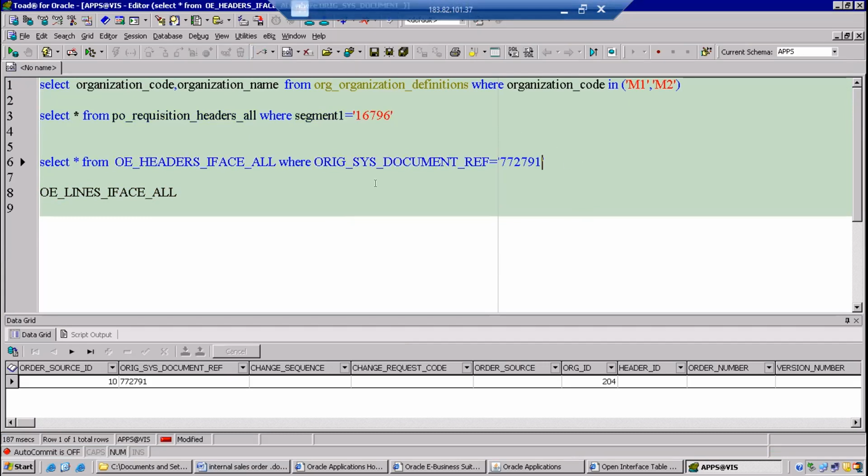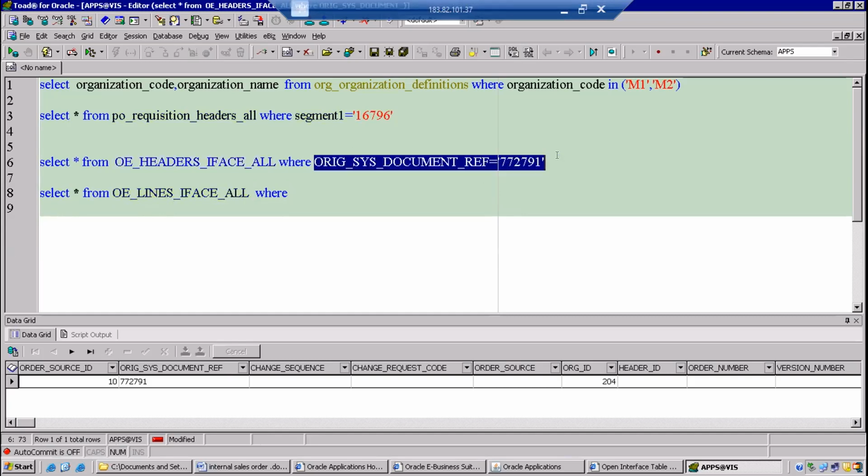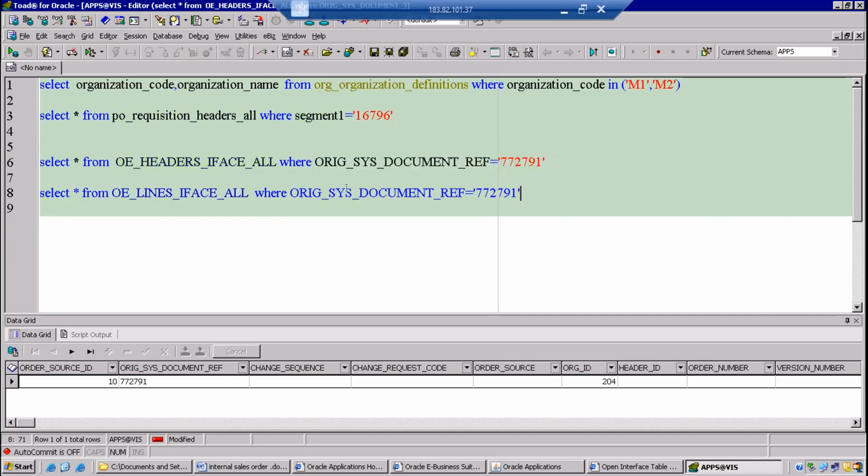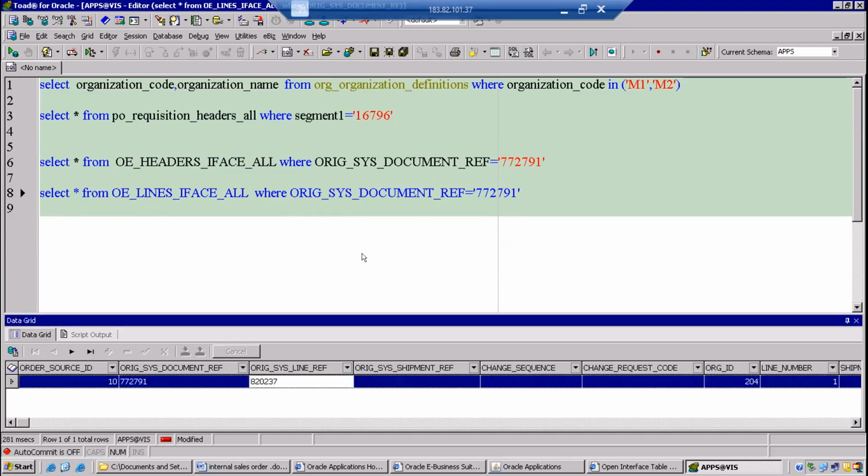Perfect. In the same way, line level also. In line level also the same column will be there. Like this, line reference is there, no worries, but this same column will be available in both the tables. Now the data has come here. Data has come from PO requisition. So these are all intermediary tables, okay? Before creating a sales order,